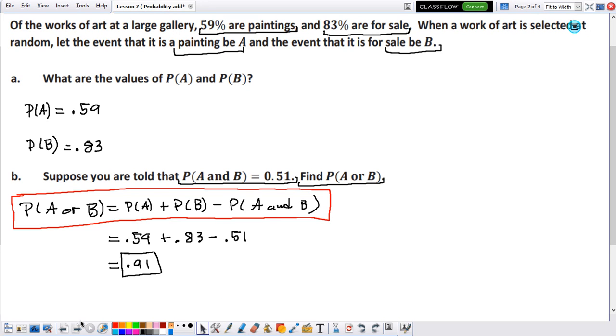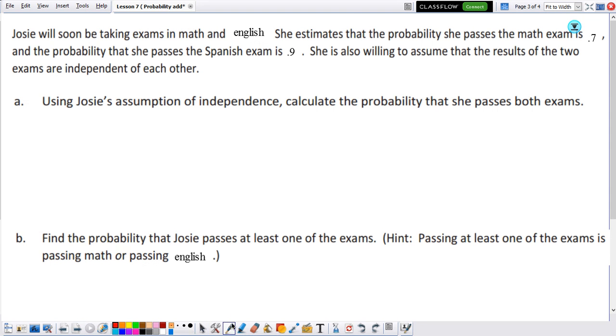So now let's observe another example here. Notice that here in example 2, again, the first thing that you should do is just get familiar with the setting. So let's see, what are we speaking of here? It says Josie will soon be taking some exam which deals with mathematics and English. Now she estimates that the probability for her to be passing the math exam is 0.7 and the probability that she passes the Spanish exam is 0.9. She's also willing to assume that the two results are independent